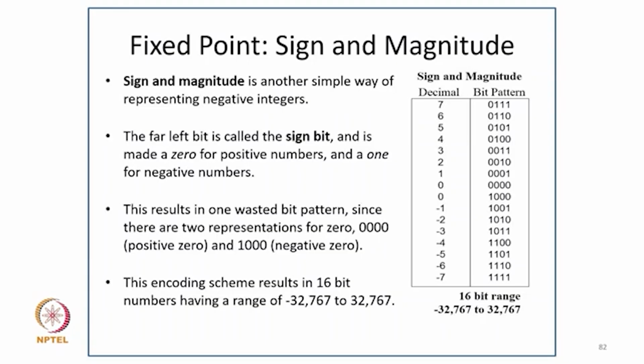Sign and magnitude are another simple way of representing negative integers. The far left bit is called the sign bit and is made of a 0 for positive numbers and a 1 for negative numbers. This results in one wasted bit pattern, since there are two representations of 0, like 0000 for positive 0 or 1000 for negative 0. So this encoding scheme results in 16-bit numbers having a range of -32,767 to